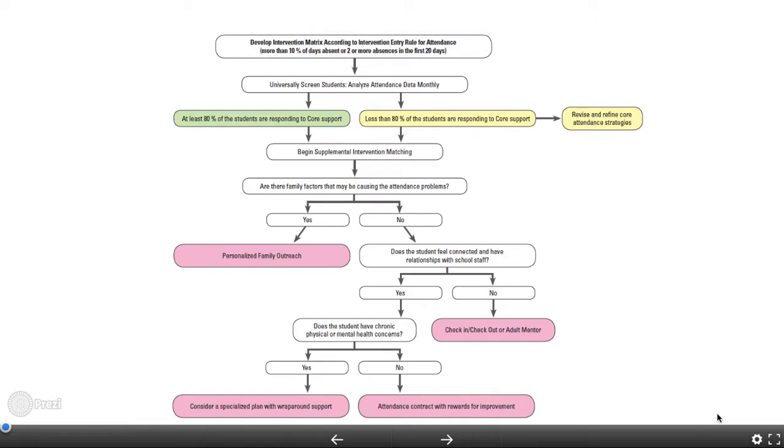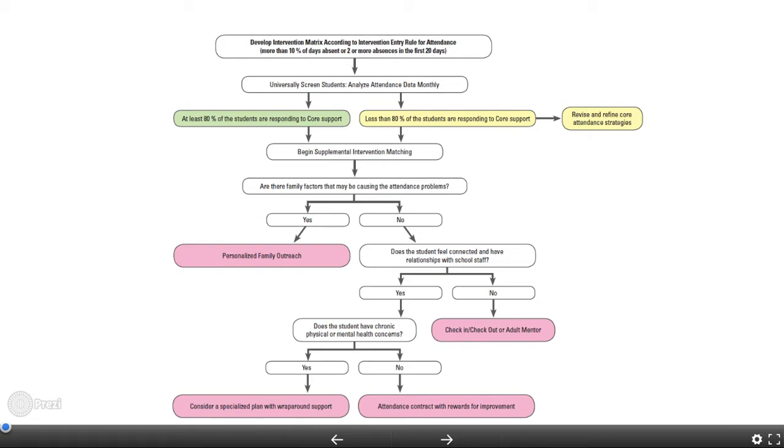Hello. So as we begin to investigate building an intervention system for behavior, engagement, and attendance, we want to take a look at an example of how we might use attendance to select the right intervention for students who are struggling in that area. As you can see from the flowchart that we're going to walk through, there are 4 pink sections, which means there are 4 standard protocol interventions that we're going to discuss and teach in this module